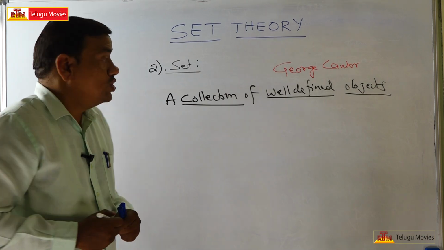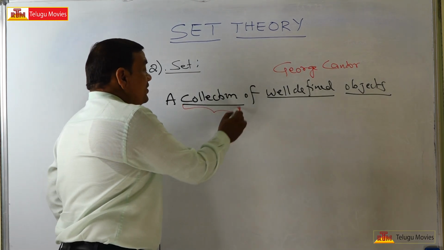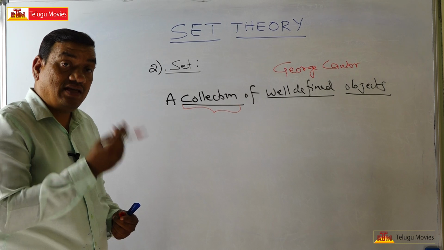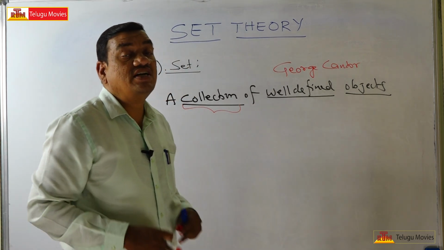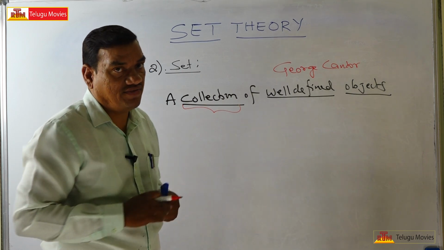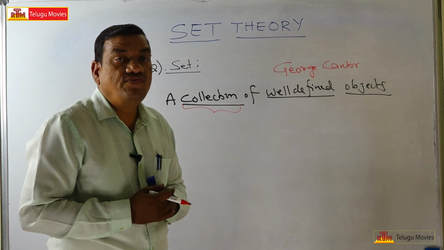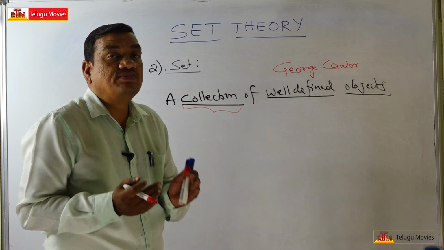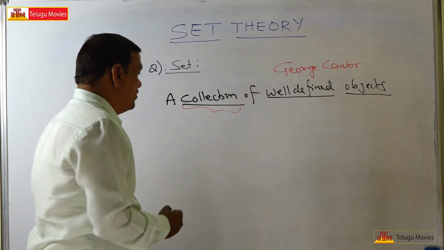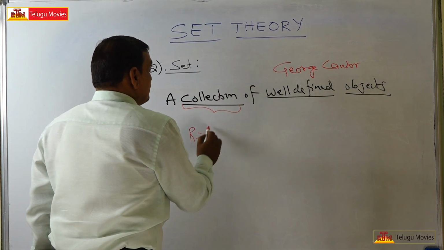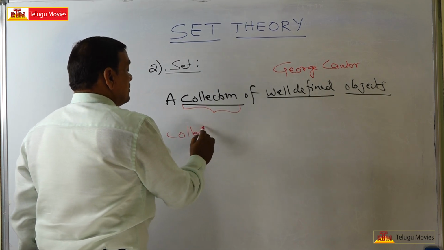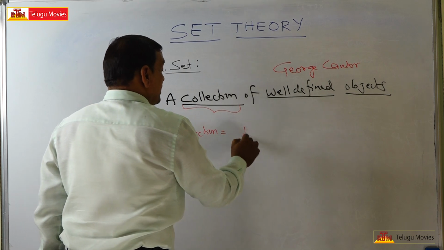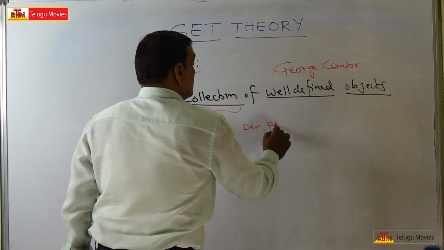Anything. So if you collect objects, that collection should be well-defined. This is the word well-defined. What is well-defined and what is not well-defined? For example, if I have taken a collection of some objects, what is that collection? I have taken a collection like this: pen, pencil,